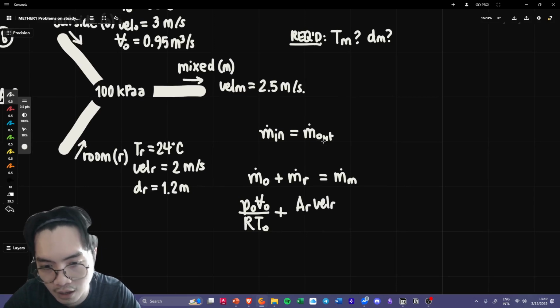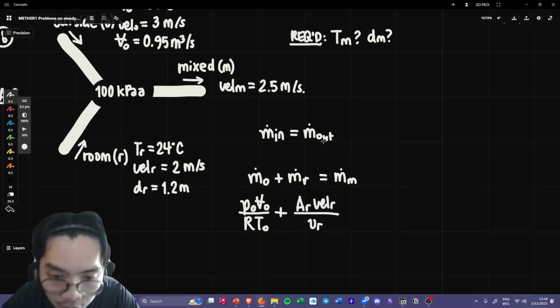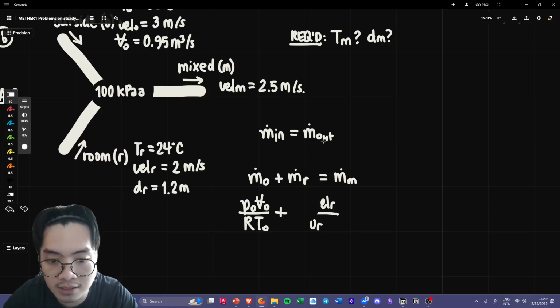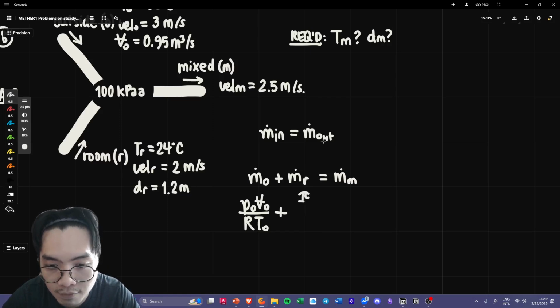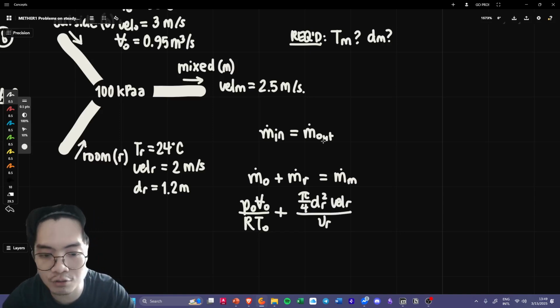AR vel R over VR. What is your AR going to be? Well, because it's a diameter we're talking about, that's now going to be pi over 4 dr squared, vel R, all over VR,